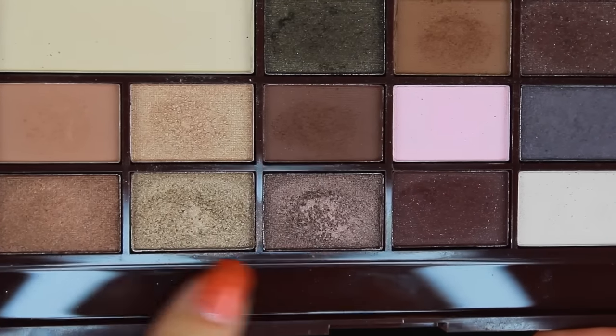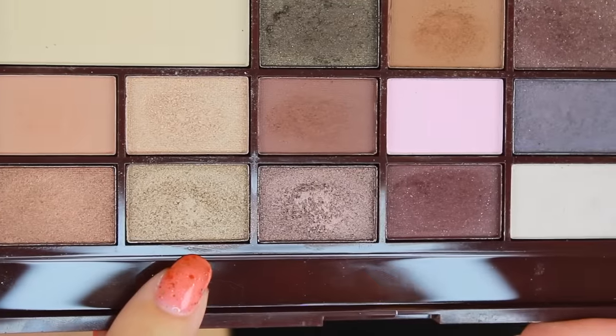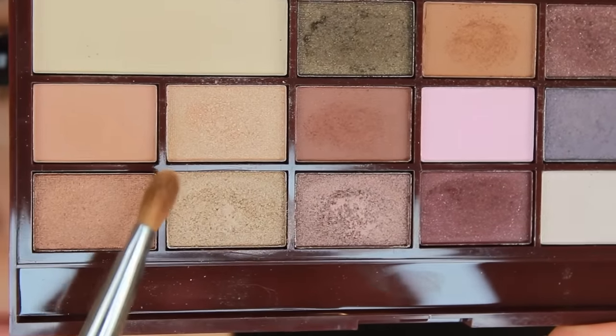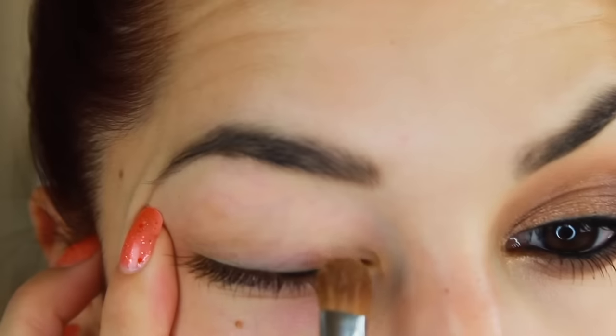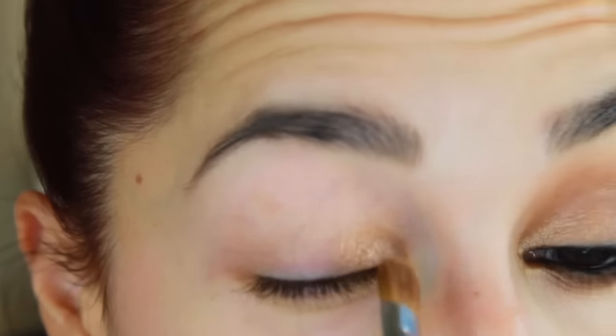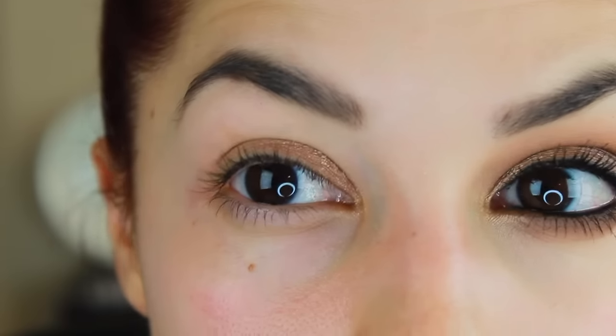Alright, so the first thing that I'm going to do is take these two colors in the palette. One is called Chocolate Love and then the other one is You Need More. One is like a champagne, the other one is like a taupey bronze color. And I'm going to start with the gold one, and I'm using a flat shader brush. This is the one from Morphe brushes. It's, I think, the red sable one, but just any flat shader brush that can pack on some color,